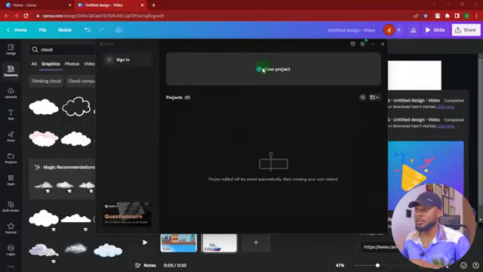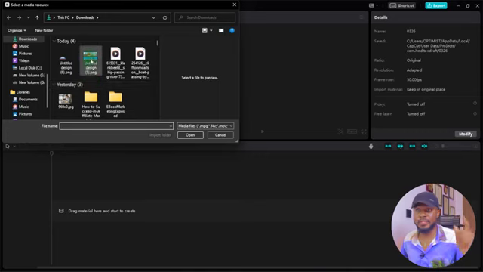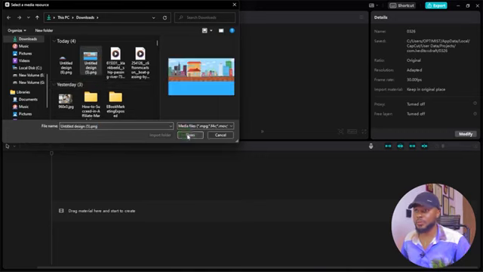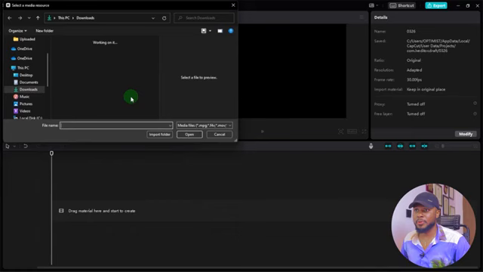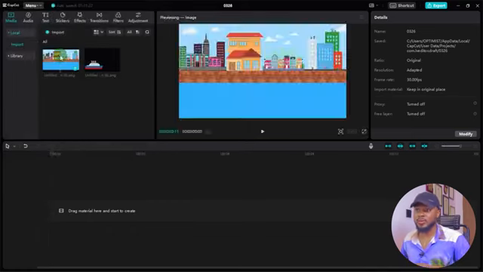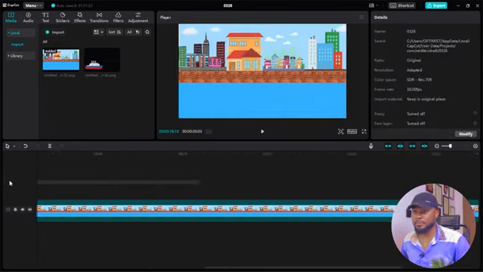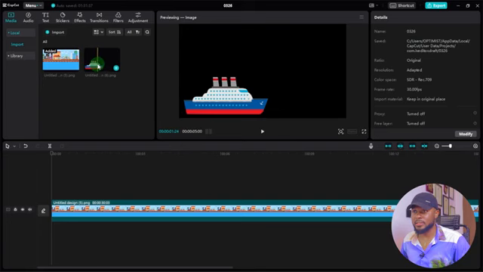So here you click on new projects and then click on import. So we're going to import the picture that we downloaded, the first picture. We're going to import this one, and we're going to go ahead and click on import again and import the shape, and then we'll have the 2, and then we'll drag this to the timeline. You can make this longer, and we'll come right back and select the shape,